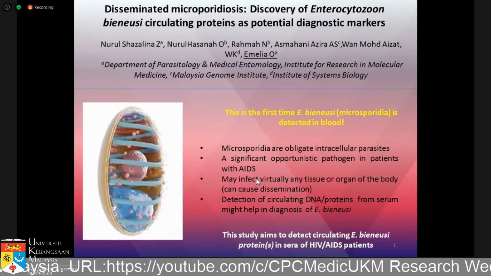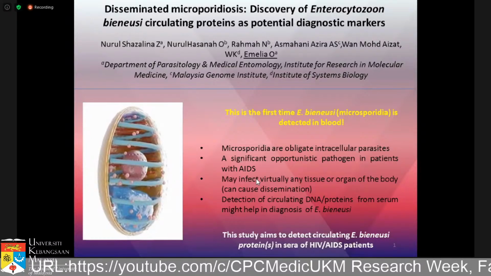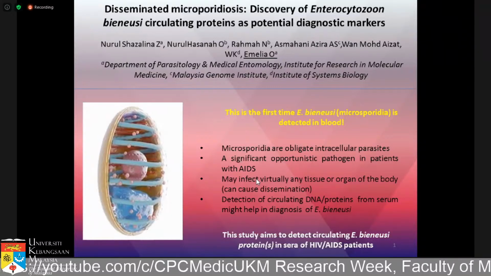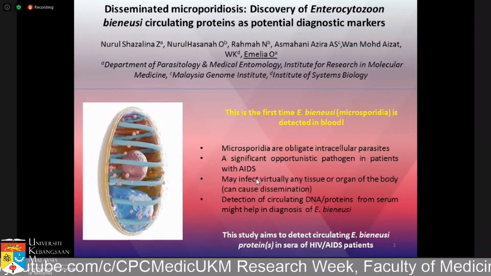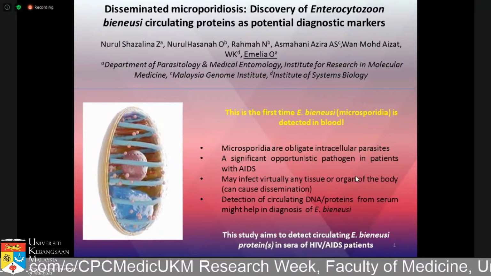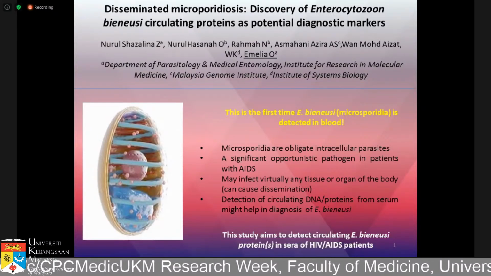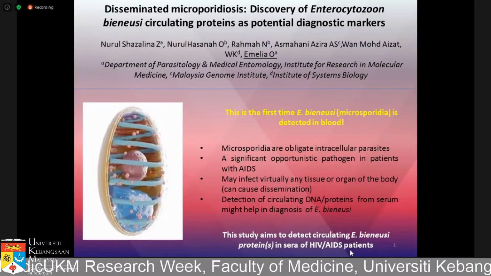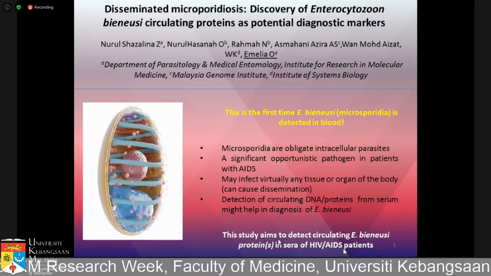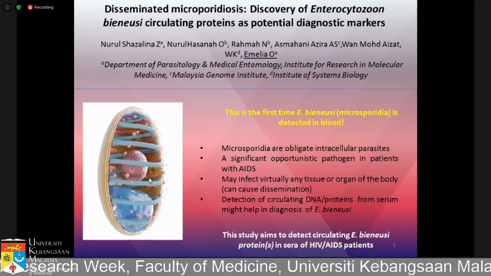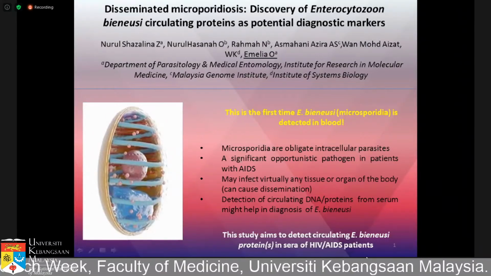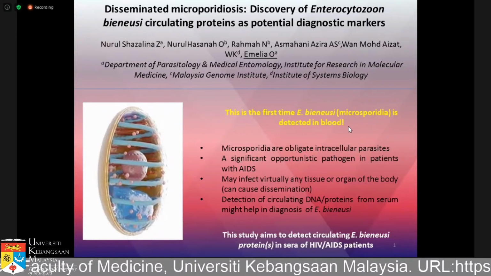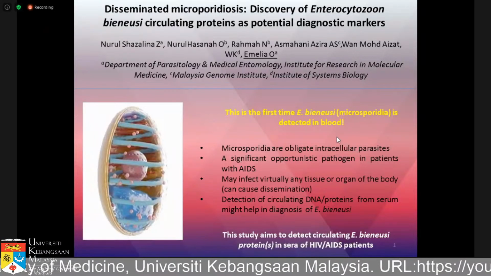Okay, so let's start. Finding a potential biomarker for a parasitic disease is like a hunting job, but this hunting is done in a lab with a high-tech machine. So let me bring all of you today on our adventure of finding circulating proteins of a parasite as a potential diagnostic biomarker. Before we start, let me introduce the main star of today's story, Enterocytozoon bieneusi. It is a species of microsporidia, a very small intracellular parasite. It usually can be found in HIV patients, and normally this parasite